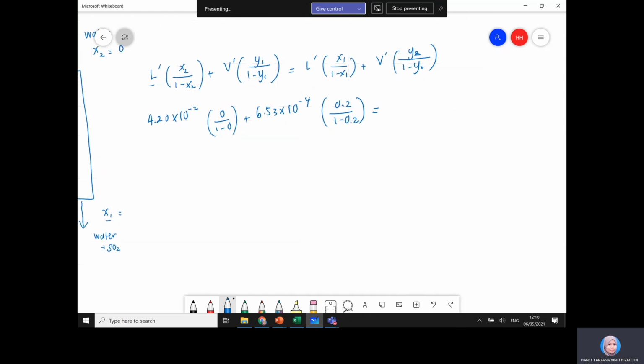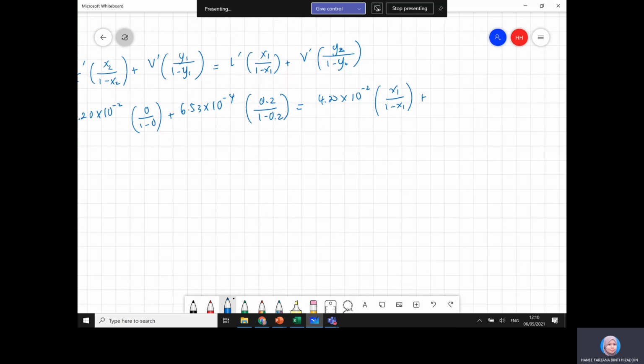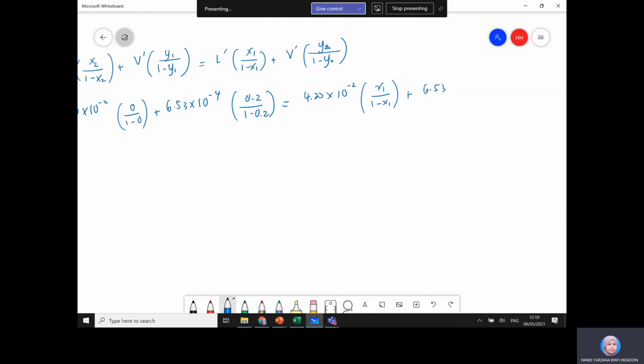Equal to 4.20 again. Here X1 is what you want to find, so we don't know. And V prime is 6.53 times 10 to the minus 4, and Y2 is specified to be 2 percent, so it's 0.02. Okay, so then you can find X1, and you will get X1 equals